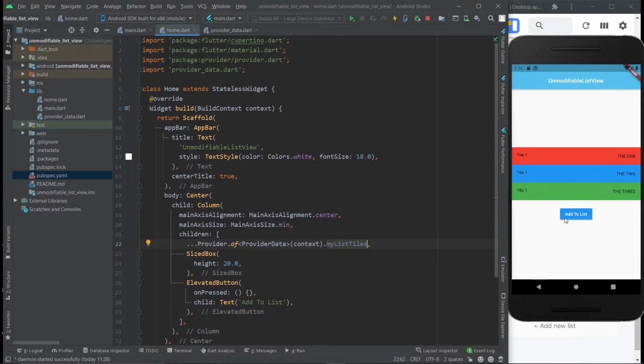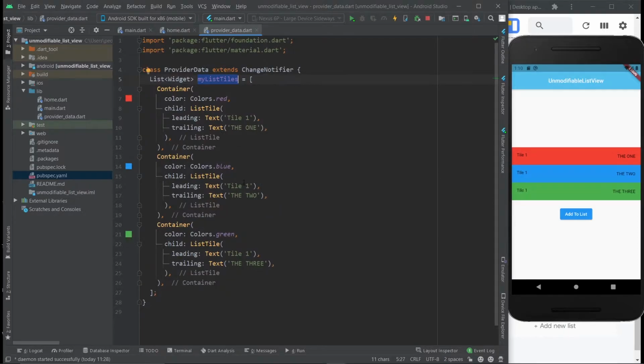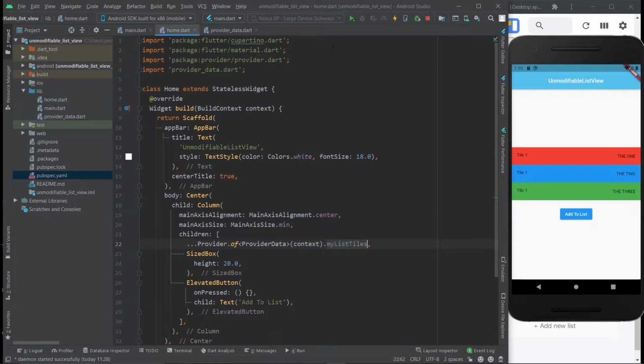So the goal here is to press this button and add an element to the list, and I just realized this needs to be updated. In this case, I gotta restart the app. I'm not sure if anyone's going to search this up or if anybody even cares, but basically I'm talking about good coding practices and ways to make sure you don't forget how you should do things, because if you do it like I'm about to show you, it's not going to work.